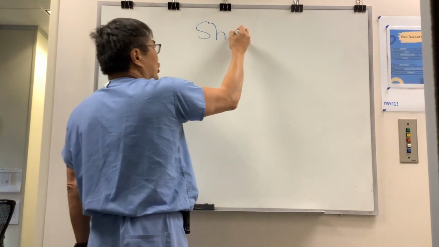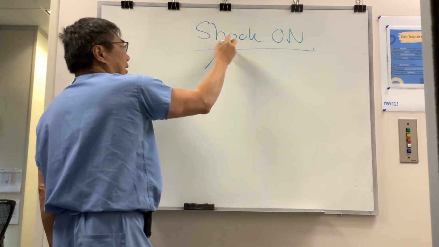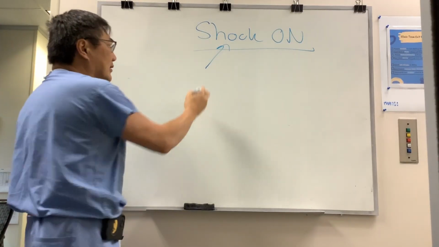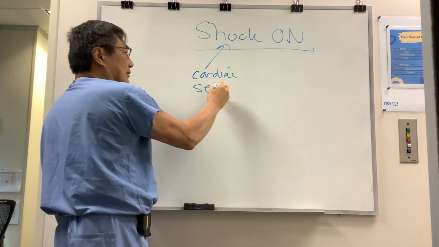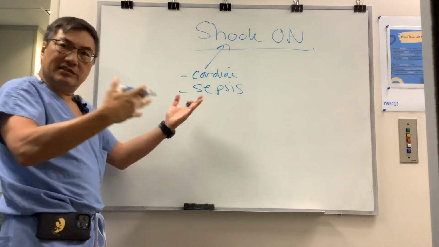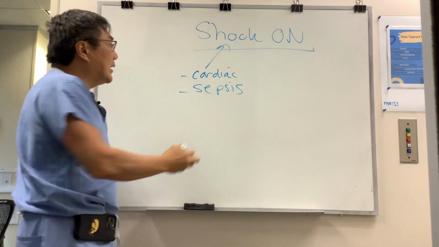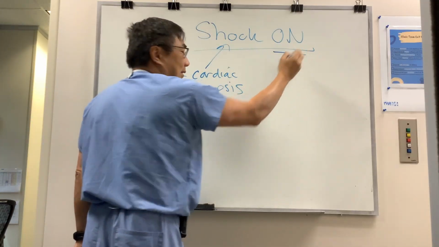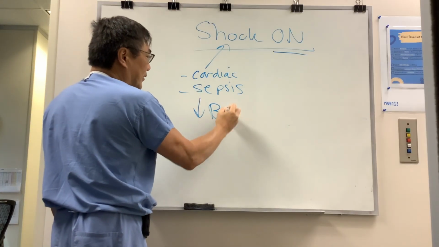So we're going to be talking about shock optic neuropathy. And shock can occur in a number of settings: cardiac arrest, sepsis, arrhythmia, asystole. There's all these ways you could get shock. So it's a final common pathway to damage the optic nerve if your blood pressure drops from any of these